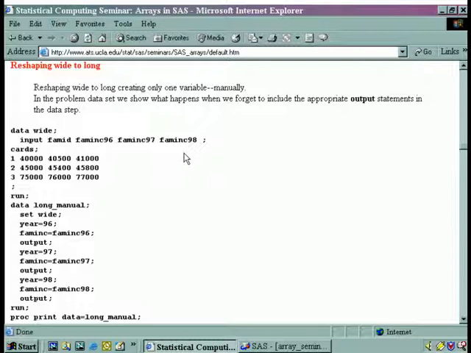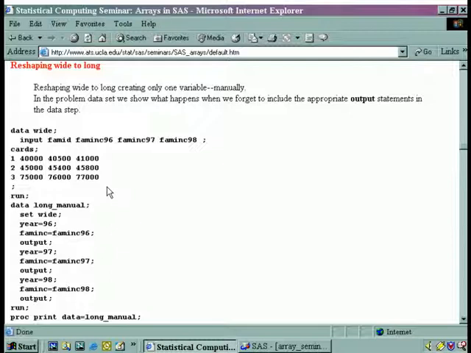And you have a couple of ways of doing that in SAS. We're going to show you how to do this with a data step, and we're going to start out by showing you the manual way of doing this. So that's what's going on here. We have a data set here that we're going to call wide. We are going to input a family ID, the family income for 96, for 97, and 98. And please don't ask me why we have an obsession with other people's money. I don't really know. So that's the data set that we're going to run in,